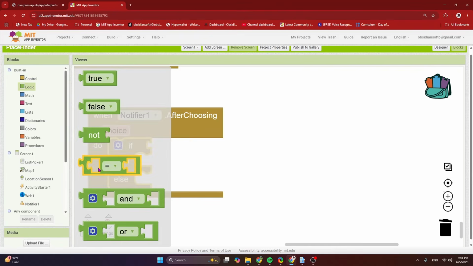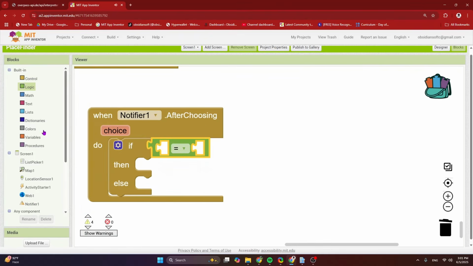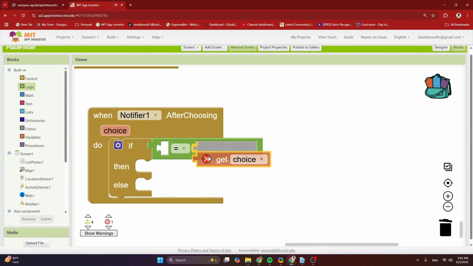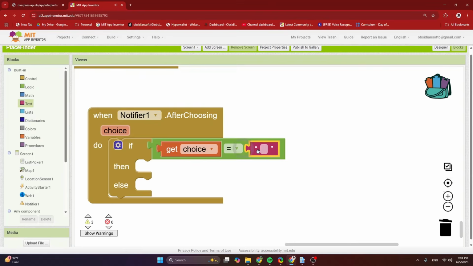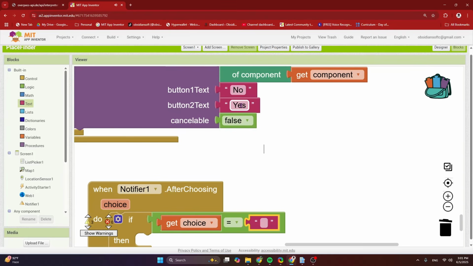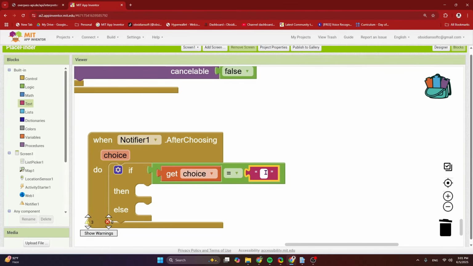So from logic, get the equal to block and hover over choice, and a text block that says, now the spellings are important, exactly the same way, so Y capital ES. Okay, and in the case the user wants to visit and see the directions, then